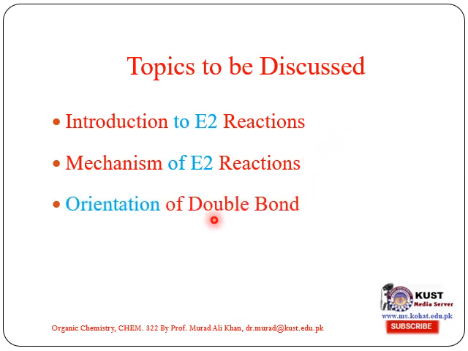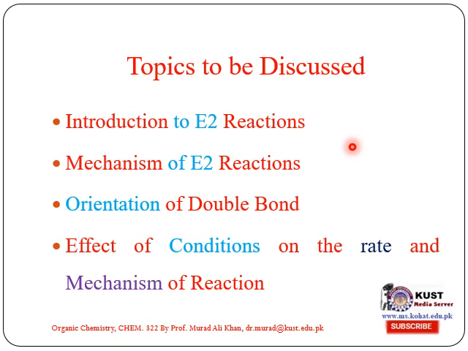Orientation of the double bond. In the elimination reaction, there is the formation of a double bond. That double bond can be formed in different locations, and we will be studying the orientation of the double bond, that is, which one will be the most probable position at which the double bond will be created after the E2 reaction,